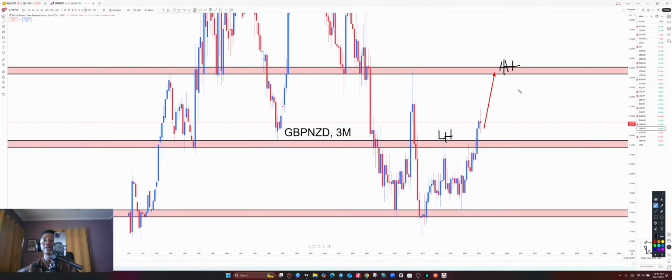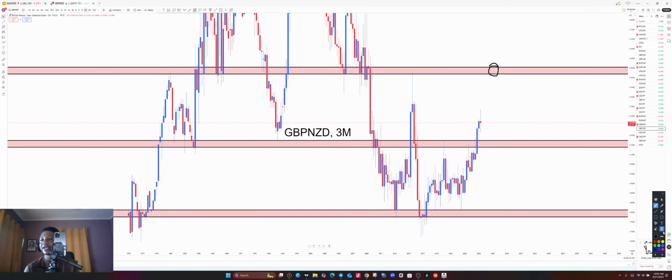So on the 3 months time frame, price has broken above the lower high. It is going all the way up to create what? A higher high on the next 3 months resistance level. How can we pick entries before price gets to this resistance level? Let's find out as we go through the various time frames.